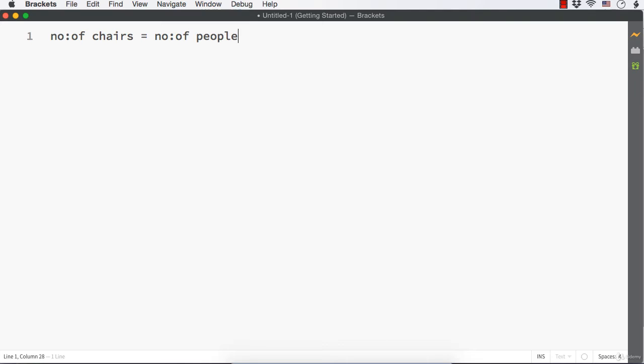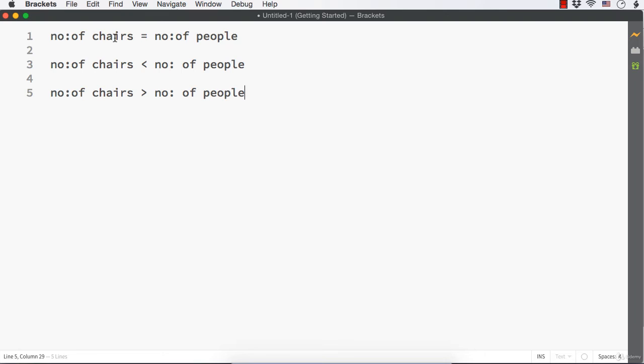That is one case. The second case is number of chairs is less than number of people. That is, there are 20 chairs and 25 people come in. And the third case is number of chairs is greater than number of people. So these are the 3 cases we can have in a real world scenario.